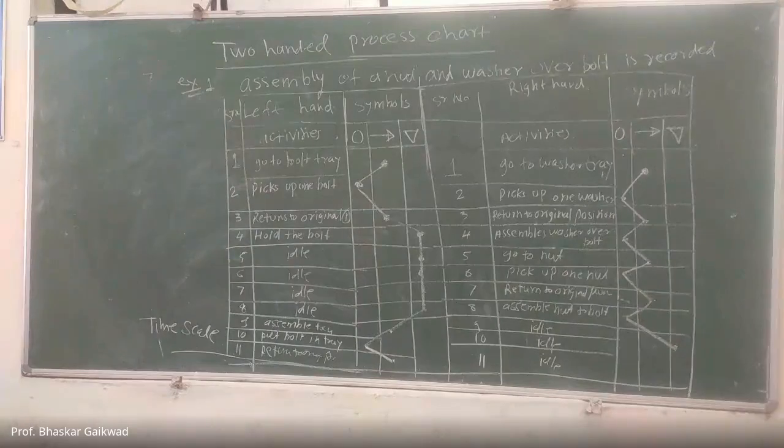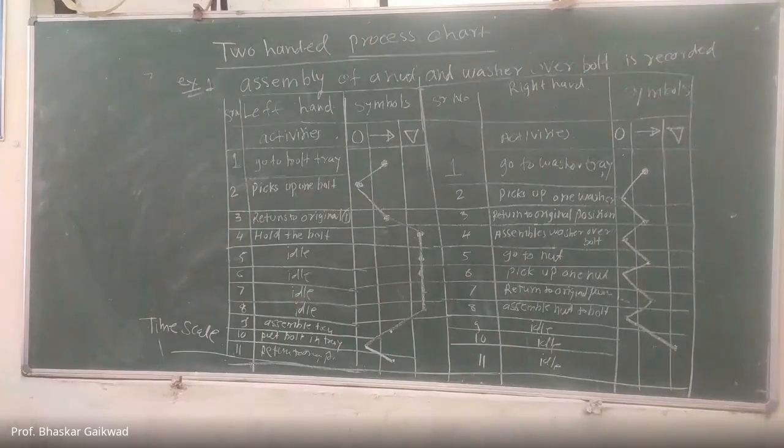We can use these two-hand process charts only for repetitive activity, and this repetitive activity occurs only in assembly, and you can remember the different types of assembly. I have given the example of carburetors, the watch example, then nut bolt assembly, chain assembly. So whenever the assembly part is there, we have to use this two-hand process chart. And flow, whenever movement is there, flow; and whenever operation and inspection is there, we can use the process chart. So this is about the two-hand process chart.